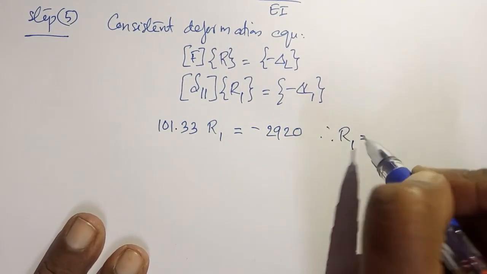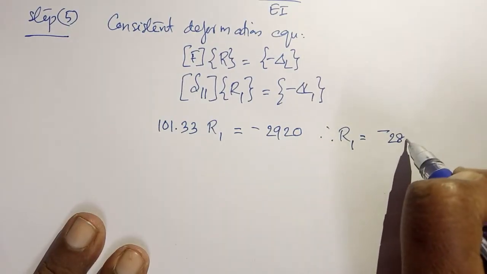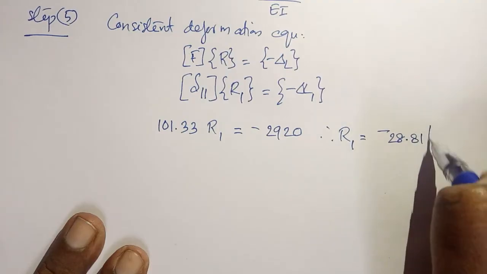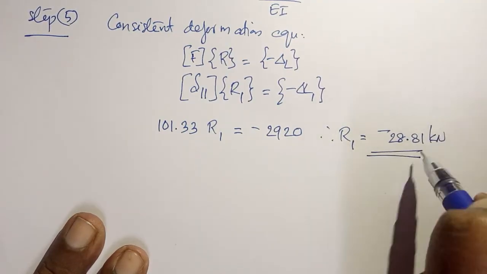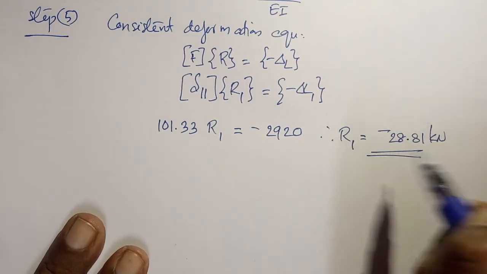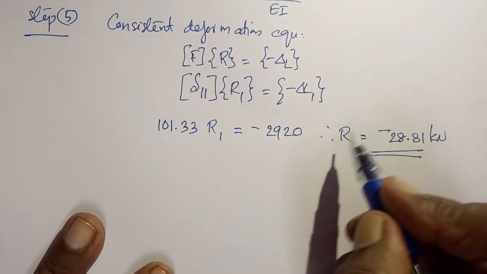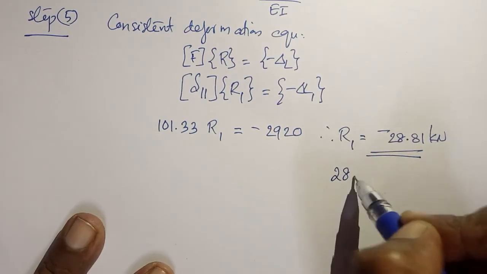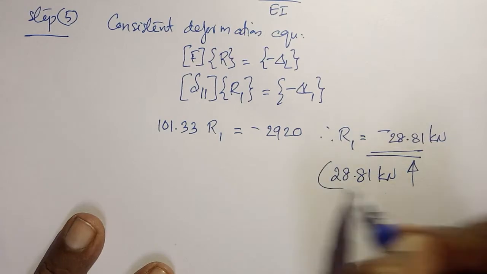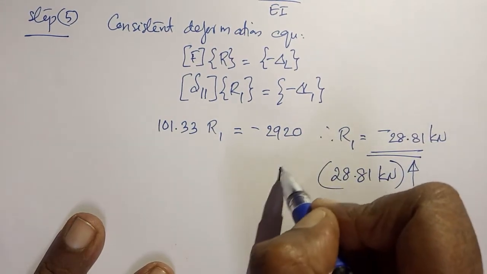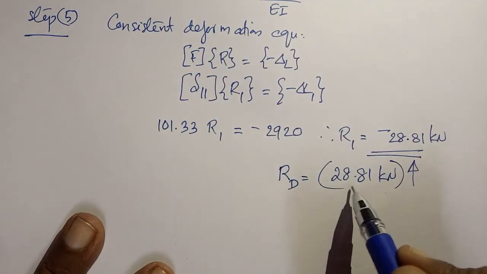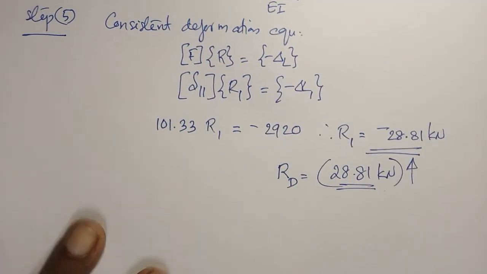Therefore, R1 equals minus 28.81 kilonewton. R1 we are getting negative, that means our assumed direction is downward. The actual value of R1 is